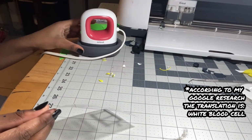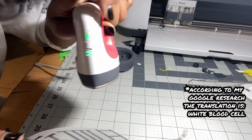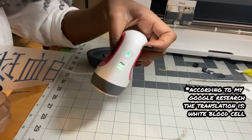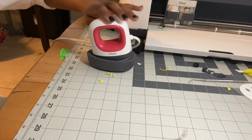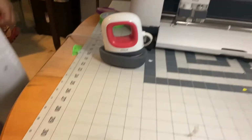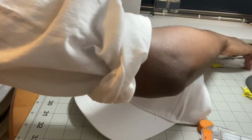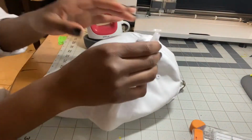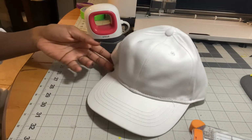I'm going to be using my small Cricut iron for this one, my mini iron, and I'm setting it to the medium heat. Before every project, I always double check on the Cricut website the heat menu they have laid out for specific materials and which kind of vinyl you're going to use to see how long to do it. So in this case, I decided it was like a medium heat, and I held it around for like maybe 30 seconds just because I was going back and forth on it too to make sure it really